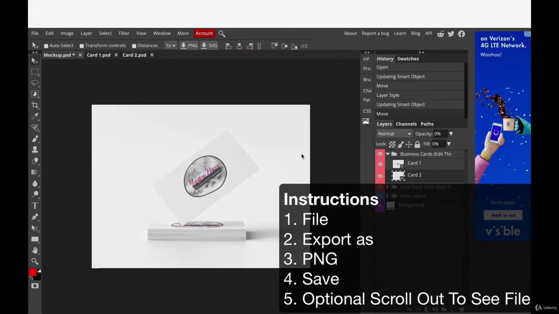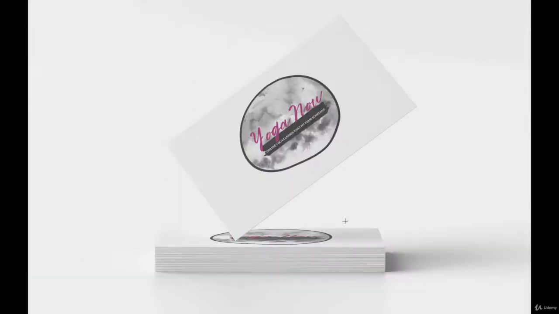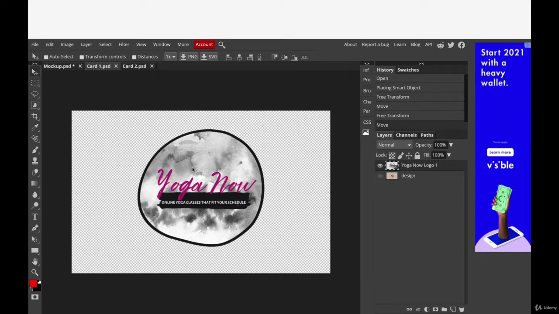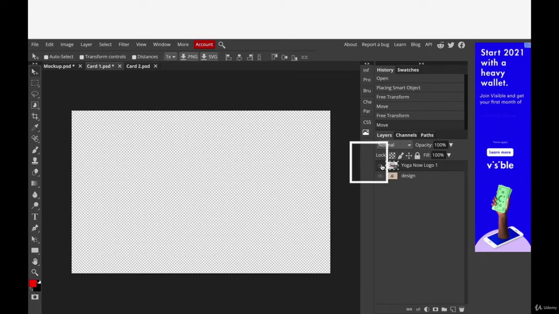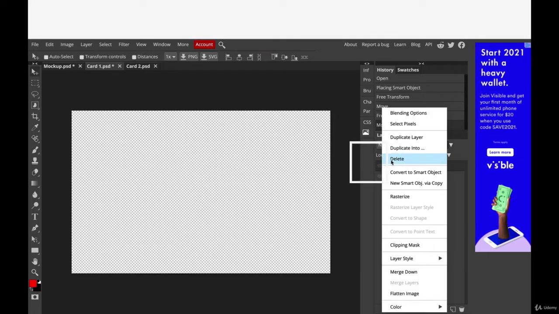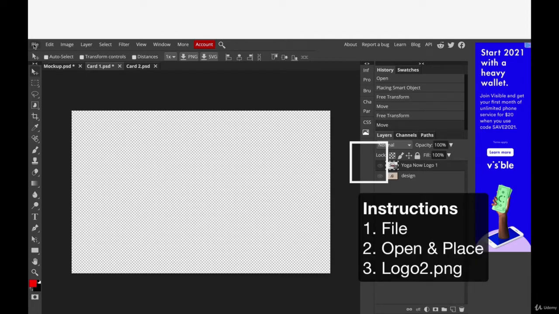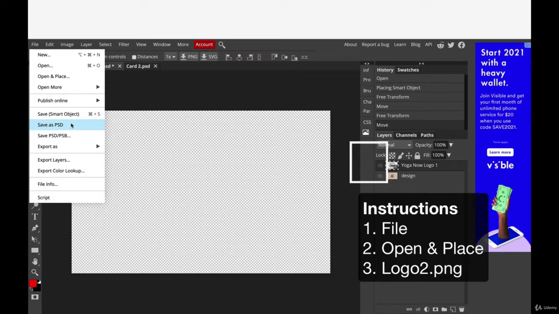Now we're going to repeat this process for the rest of the business cards. So we are going to go back to our website, and we can go to the card 1 template, and you can hide this, or you can right click and press delete. I just hide it. And then I'm going to go over to File, Open in Place, and I'm going to put my logo 2 in there,